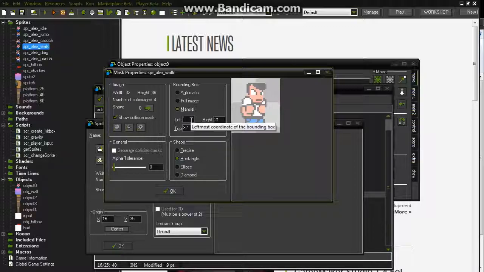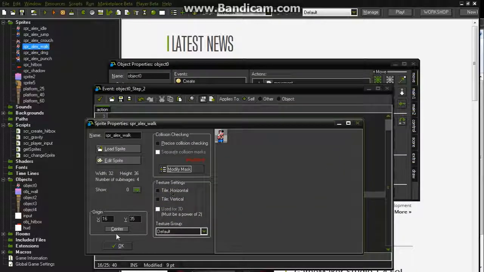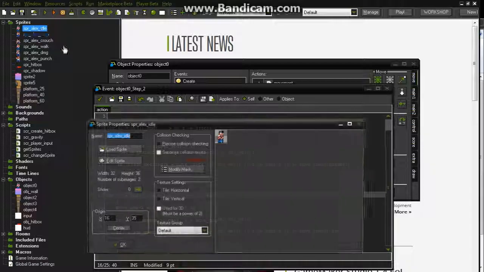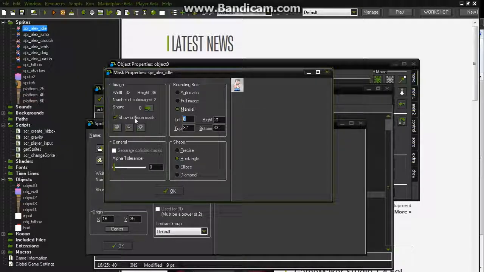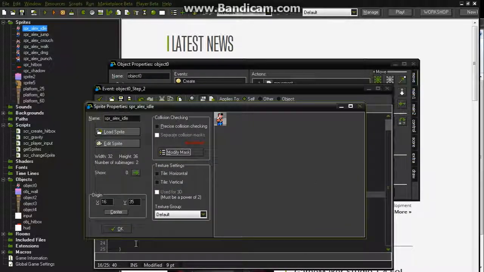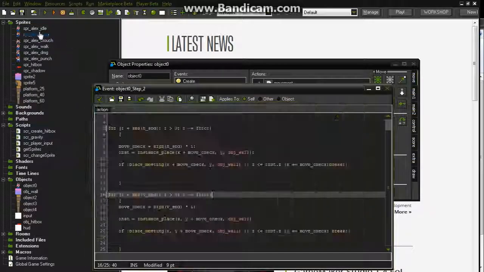So just change your left 8 to 10, and there, now we have an equal distance on both sides. That'll fix a lot of problems. So do that for all your sprites, starting with the idle. I'm not going to do all of them right now, just in the interest of time, but you guys should definitely do it, because I'm going to do this behind the scenes. So go over your sprites and change that left 8 to 10. Then that should fix any issues